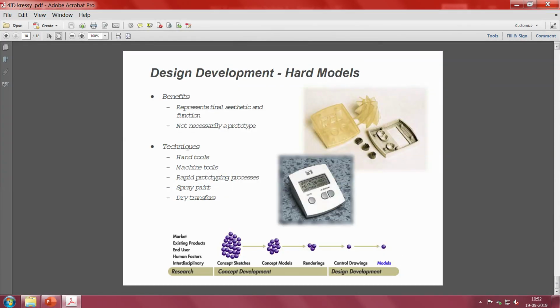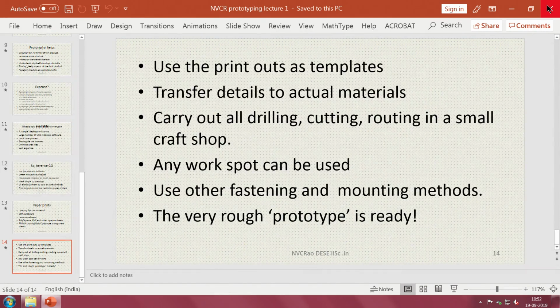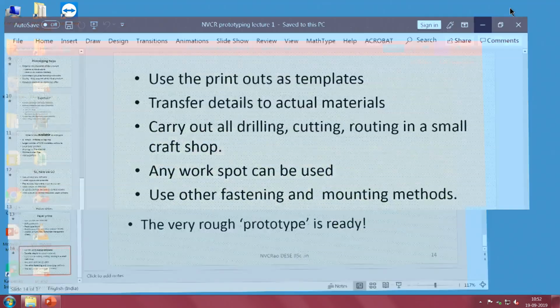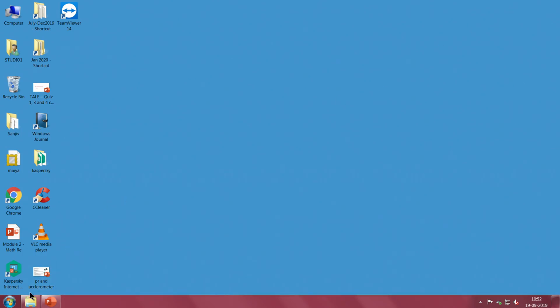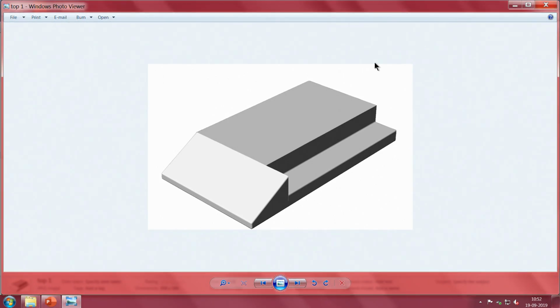I will close this now, and get back to my presentation. Now, I will try to show you the end of the first thing, what it looks like. Though it is a rendering, the first thing you will notice is probably that this whole thing has been made out of cardboards.